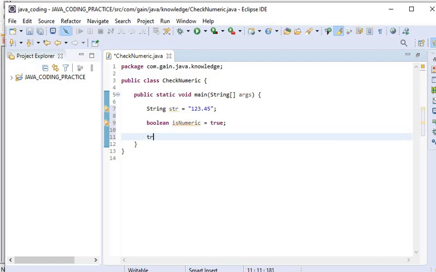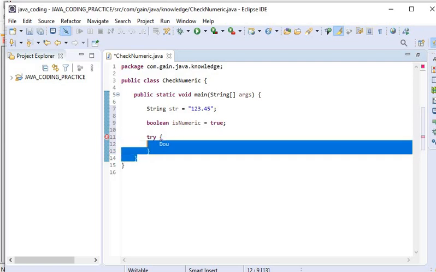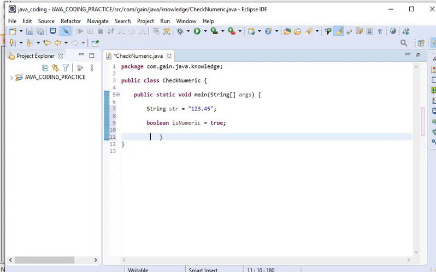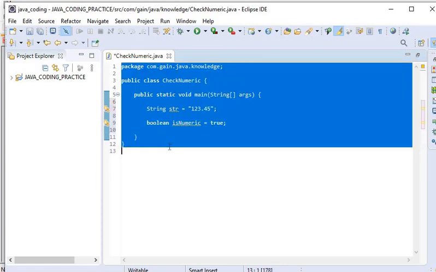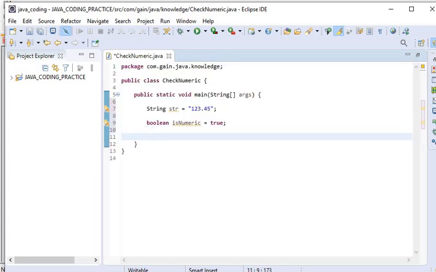Next we will use a try block, and here we will parse the string value by using double equals Double.parseDouble function. Here we will pass the string value, and this function will throw a NumberFormatException.